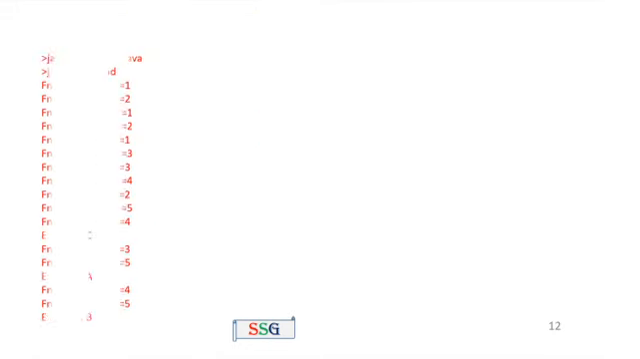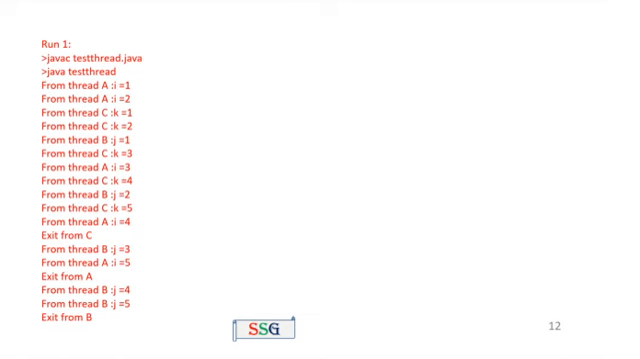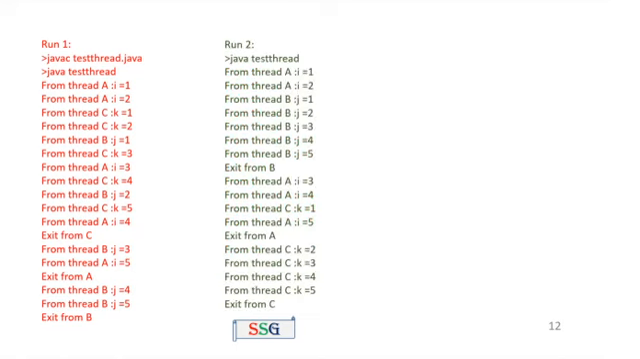But here the output is the same, but the format of the output is different. The sequence may be changed. Here I am going to run the first time: javac TestThread.java, then java TestThread. Here thread A is executed 2 times, then thread C, then B, then C. So C is completed first, then A completed, then